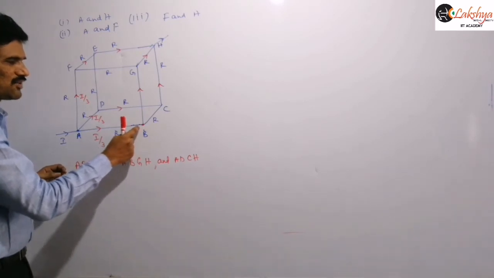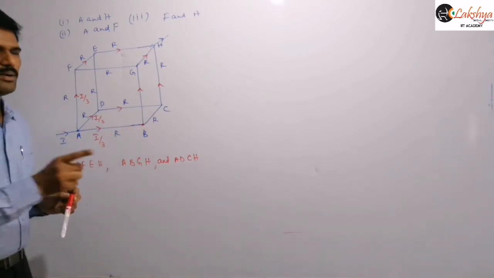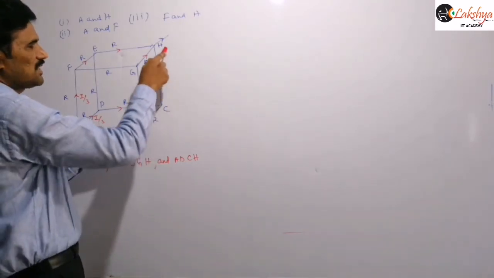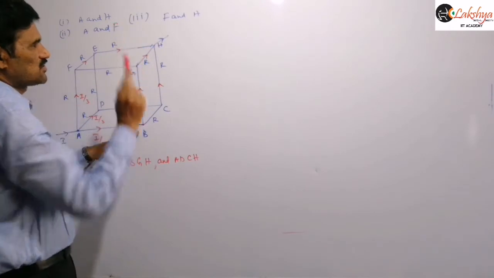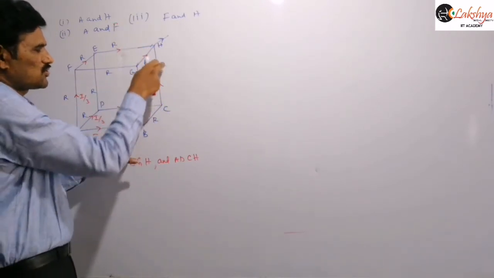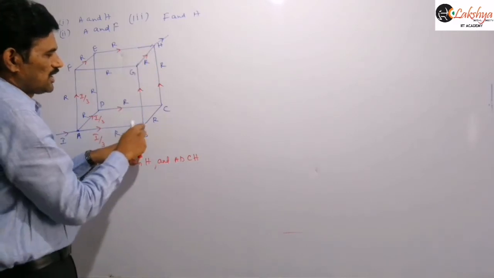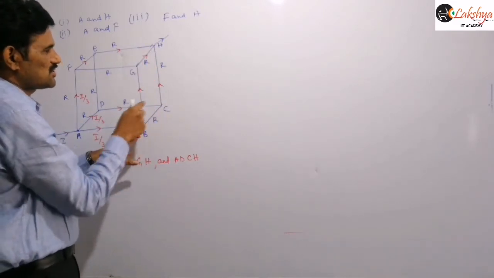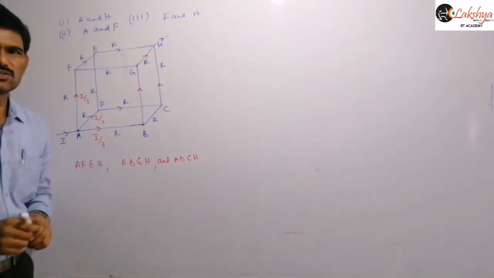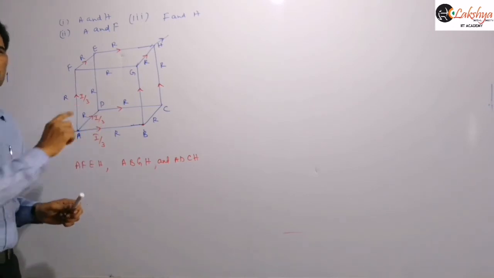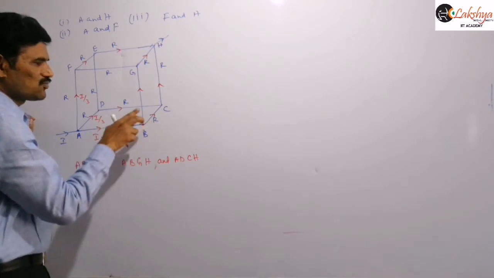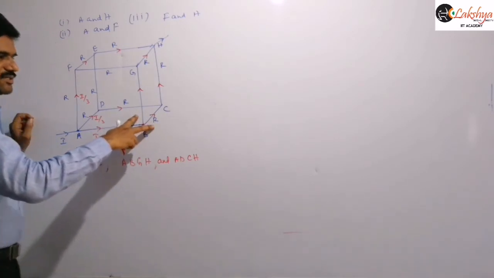Now see this, after reaching the point B, again two paths are available to reach the point H. One path is BCH, and the other path is BGH. Are both the same? Exactly, both are identical. R or 2R, and this is also 2R. And you can observe this, after crossing R, two resistors are joining, after crossing this two resistors are joining, and those two resistors are reaching the H directly, right? So their configuration is also same. And so what we can say is current will divide equally among these two paths, right?